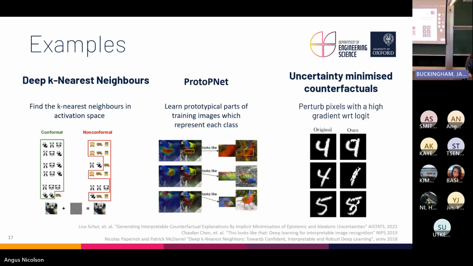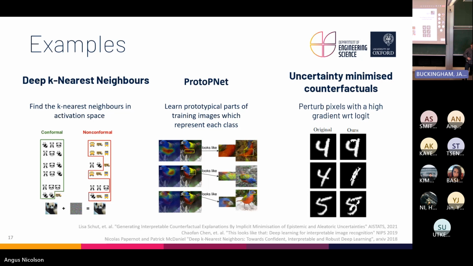And so once again, here are some examples. You've got that thing I just described, deep K nearest neighbors, where you use a deep learning model and the activations within that model. And you just look at the K nearest images in activation space to your test image, and hey, look, this panda, they're all pandas, so therefore it's going to be a panda. And the ones that aren't like it are buses, so therefore it's not a bus. And there's some more complex maths in there to try and give some kind of confidence to that estimate rather than just a yes, it's a panda. But once again, go read the paper for details.